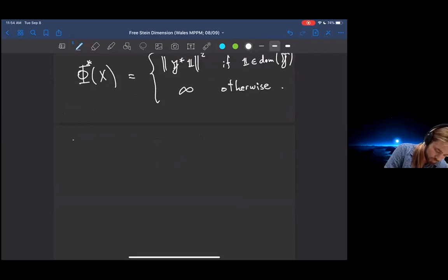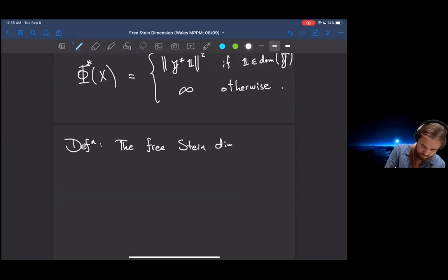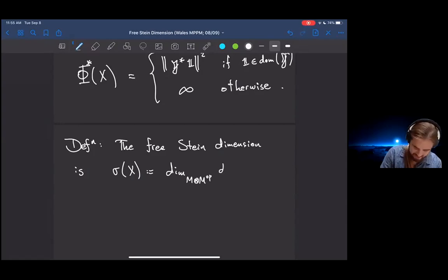And we define, motivated by all this, the free Stein dimension, which we denote by lowercase sigma of x, and it is defined to be the dimension as an M tensor M op module of the domain of the free gradient